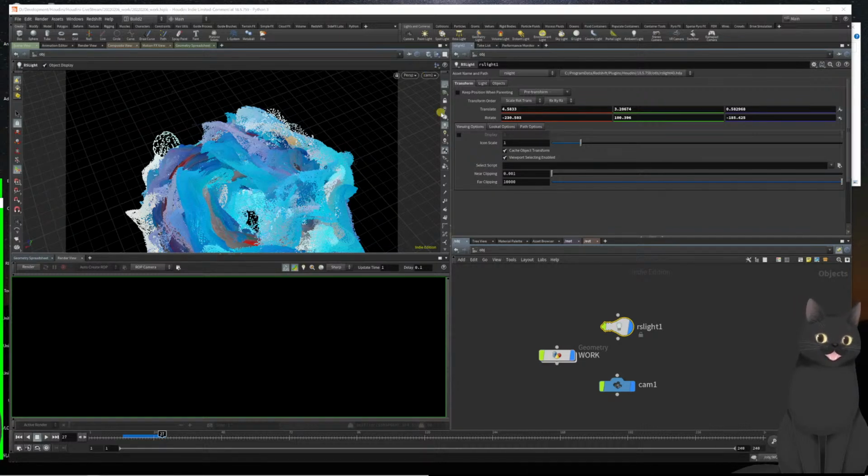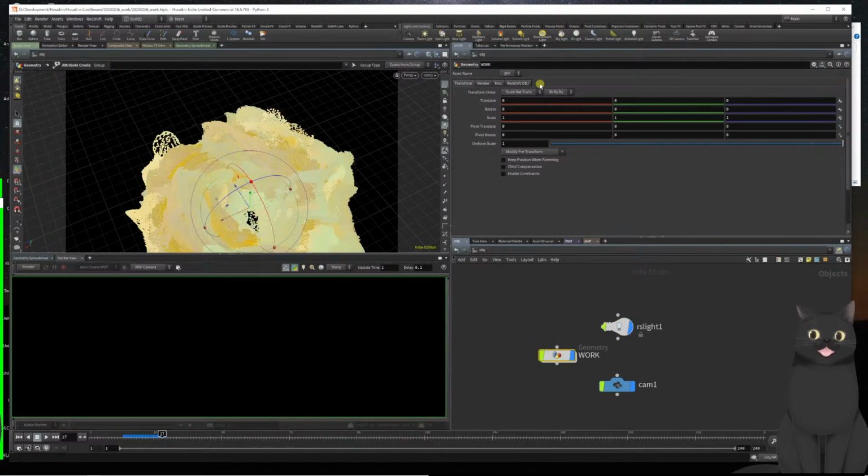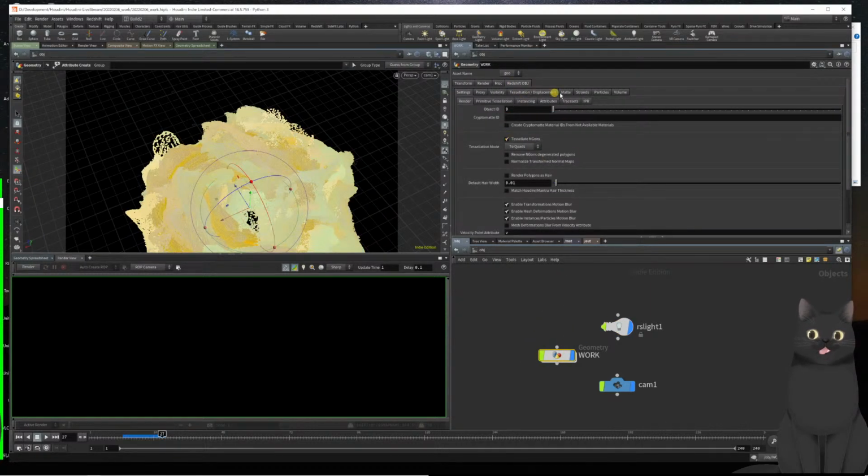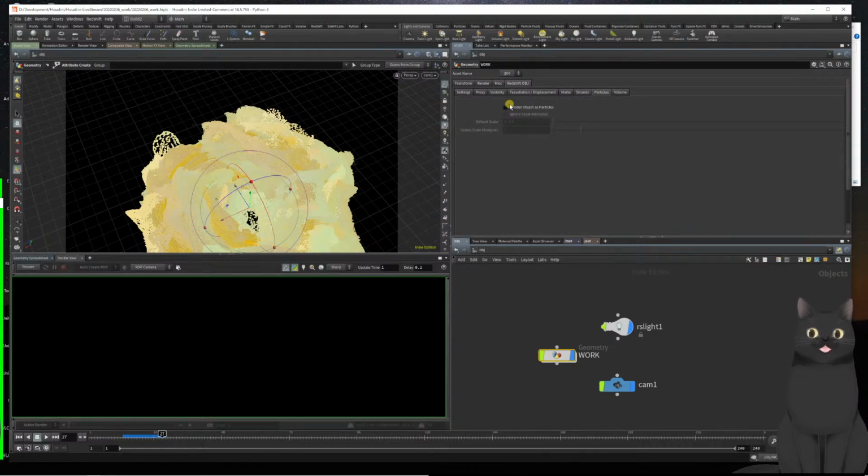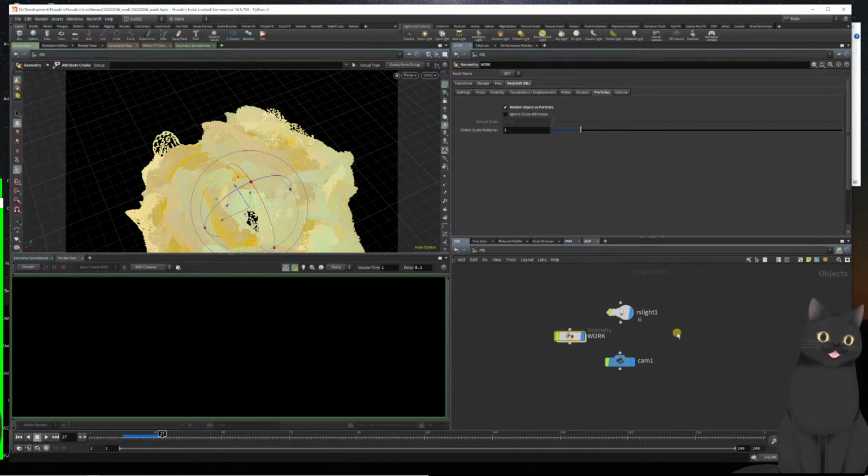Yeah. So we just go into here under Redshift. We'll do particles. Do the P scale, and then this way is just an optimized way for Redshift to do a bunch of spheres. If we want to test, you just do this preview IPR button. So even now the rim might be a bit